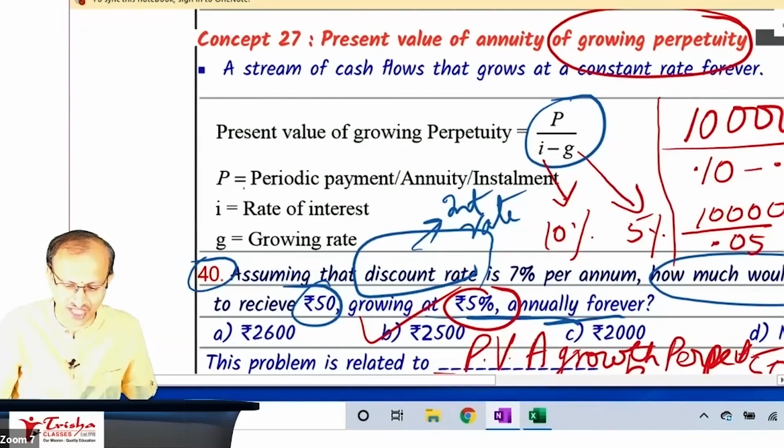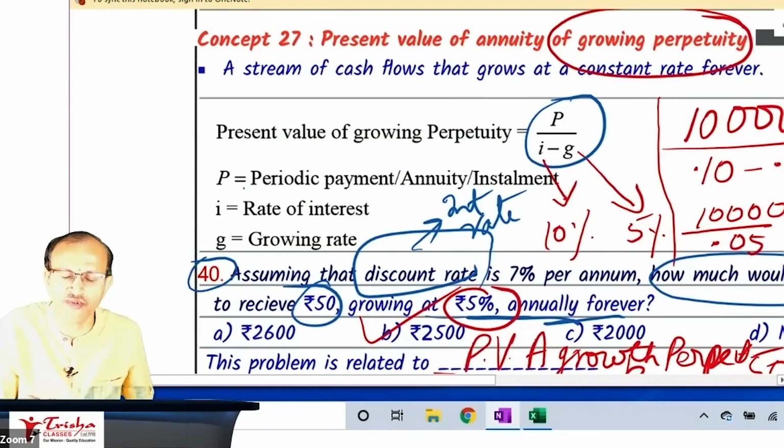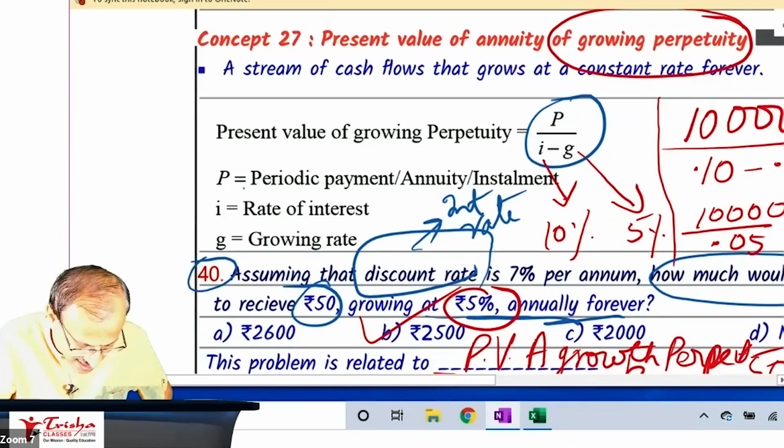Puzzle time. It is 9:35. I will give you exactly a 10 minute break. But when you come back for the next part, you have to be very fresh and you have to listen, and that carries very good weightage here as well as in the CA Intermediate, and of course in the final. So shall we take one small puzzle? Let us see.